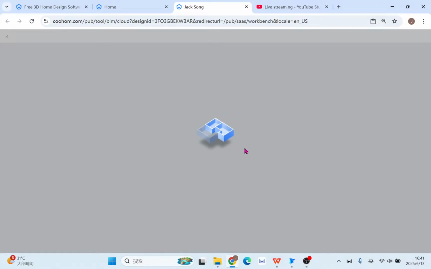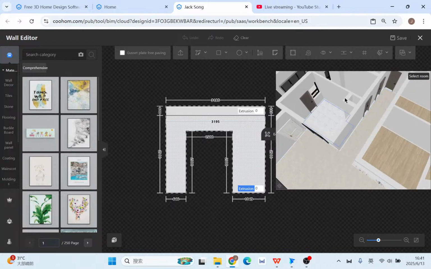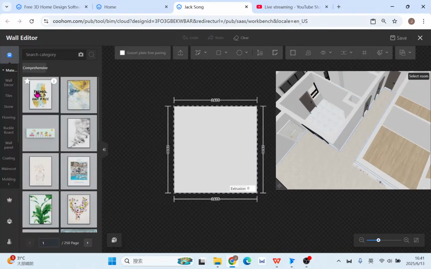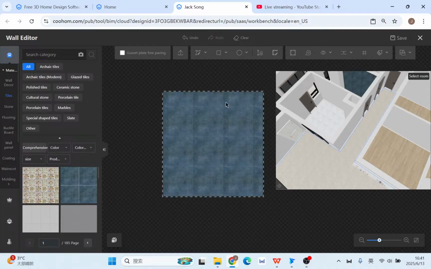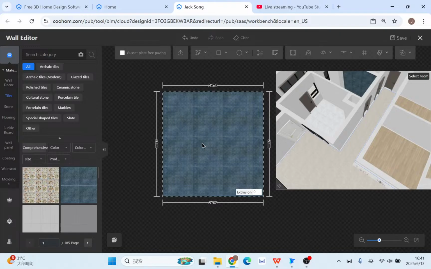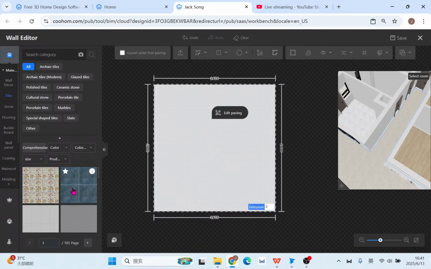Just pay attention to the difference because, for example, for the wall editor, you can have the area drawing, you can have the extrusion, but you can't just directly change each. For example, if you want to do any patterns for each tile, each material, in wall editor you can only put it as the entire area. For example, tiles, you see, once I put it there, it's fully covered, right? This is the result of fully covered. But if you want to manually, let me clear this one. If you want to manually put each tile, you need to go to the edit paving,